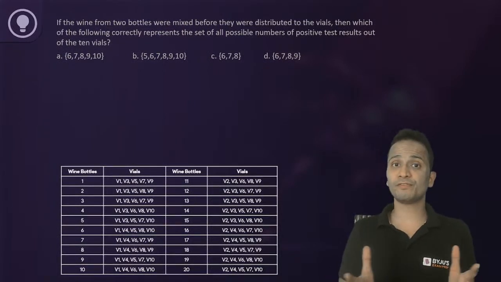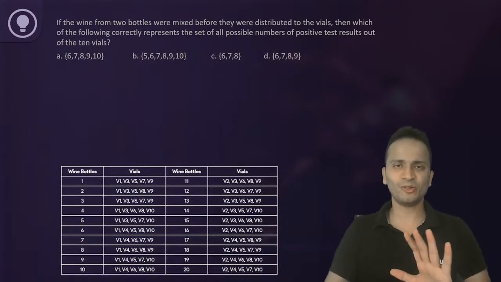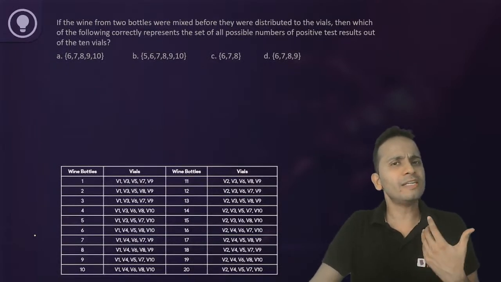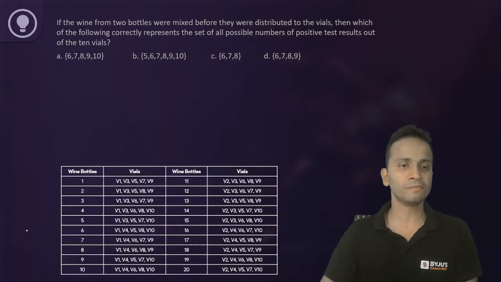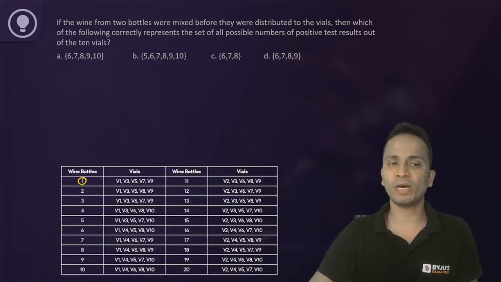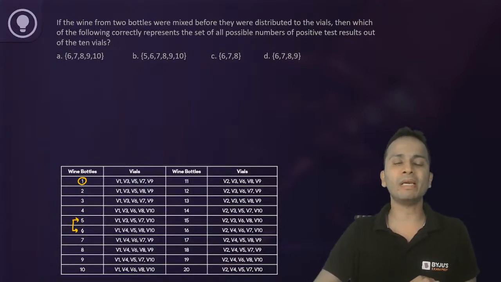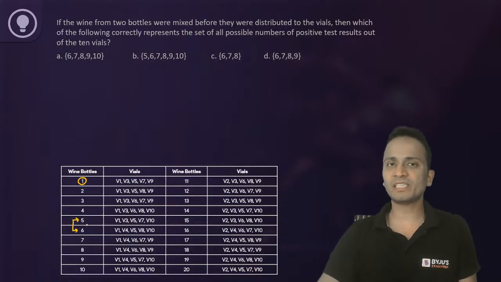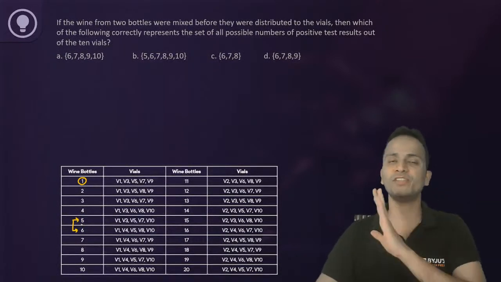Also, if I have picked up two bottles such that none of them is poisonous. Okay, understand the scenario. We are mixing the wine of two bottles. It is not necessary that any one of these two bottles has a poison. Okay, so let's say poison is there in bottle number 1 and I am mixing these two bottles. So even after mixing, only one bottle will have poison. This is the most important thing of this question.